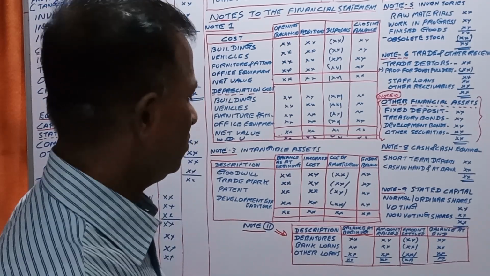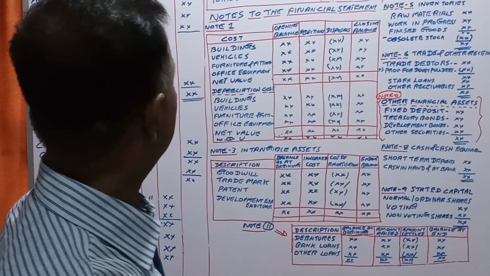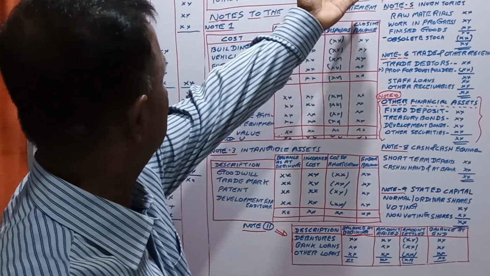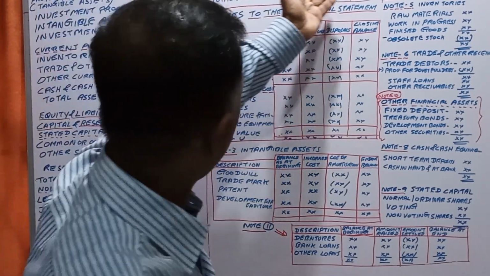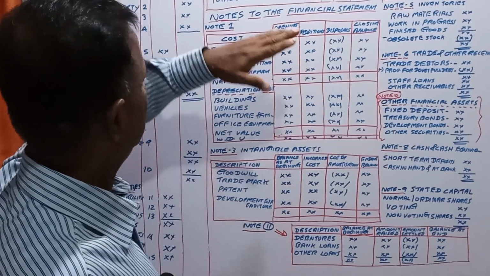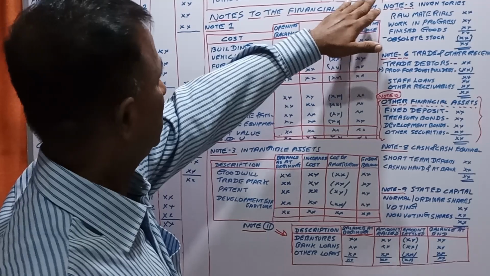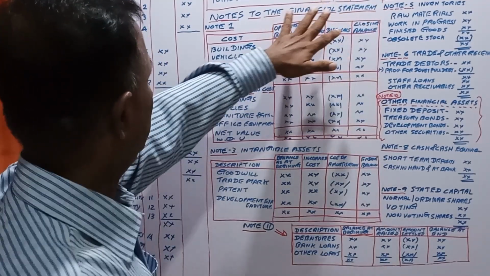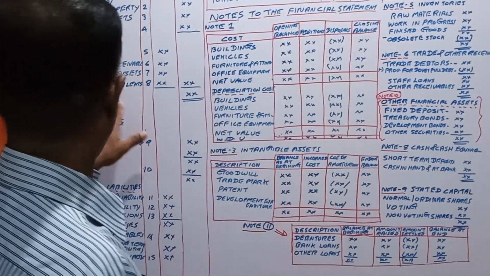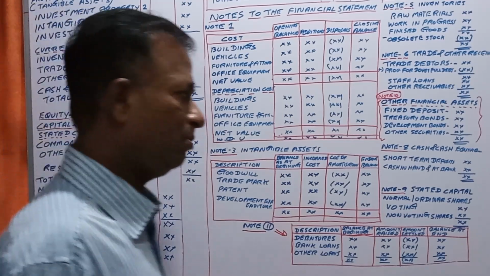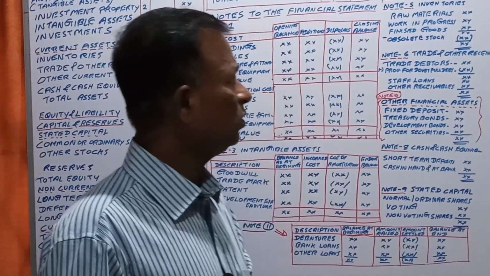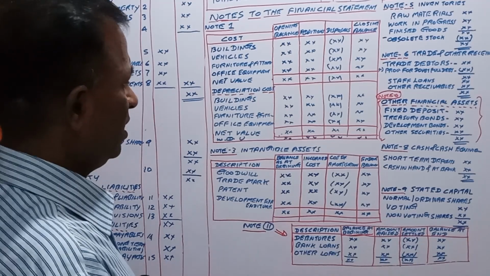Okay. So I hope short term provisions and short term borrowings are also there, right? With that, total equity and liabilities should tally with the total assets, that is the balance sheet. So I hope you would have understood